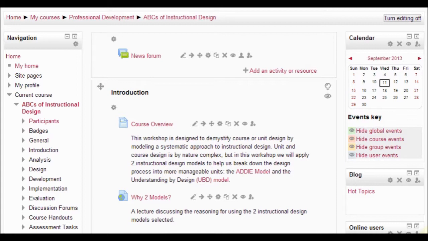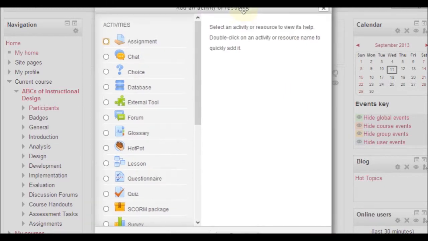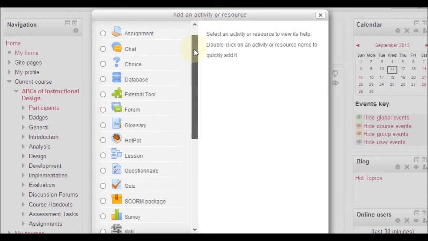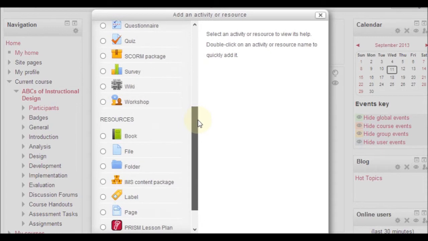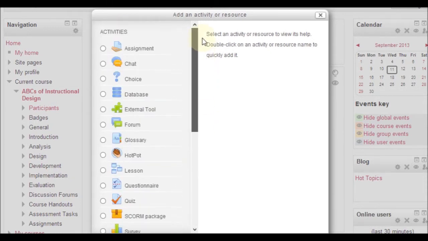To add a discussion forum, click on the Add an Activity or Resource link. On the left-hand pane, you have your choices for activities and resources. Select Forum,